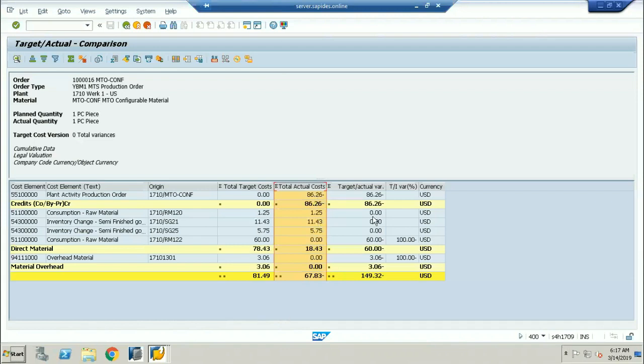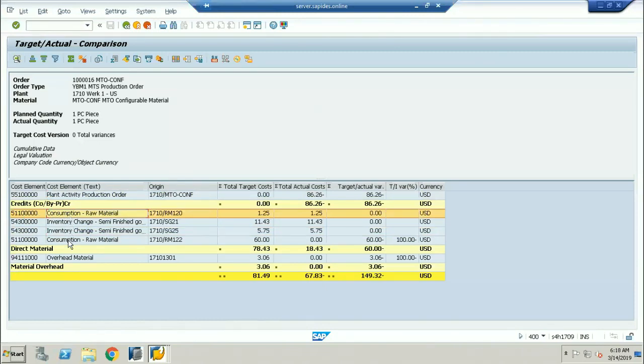This is the cost of planned activity and the production order, and this is the consumption of the raw material. Because I have taken 4 materials in the BOM, one material is going to be the credit here, which is the direct material cost.